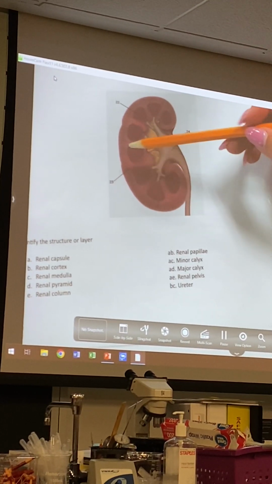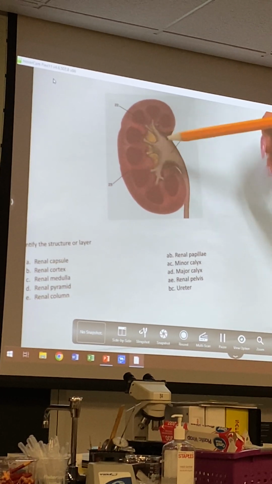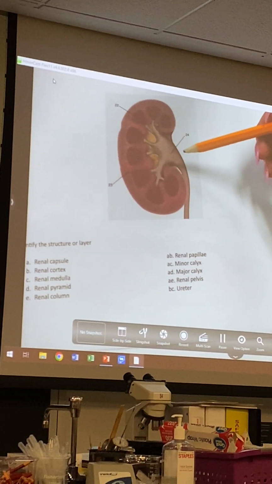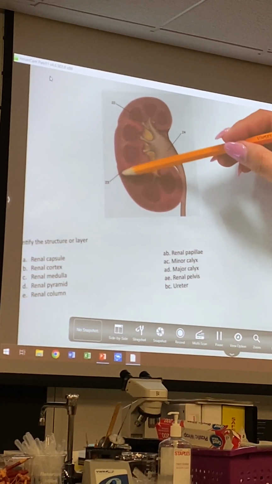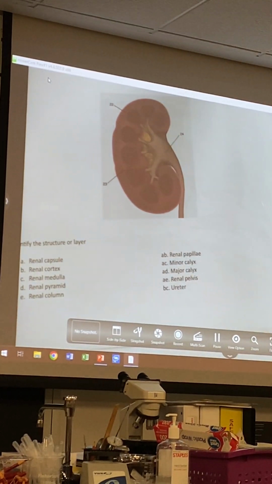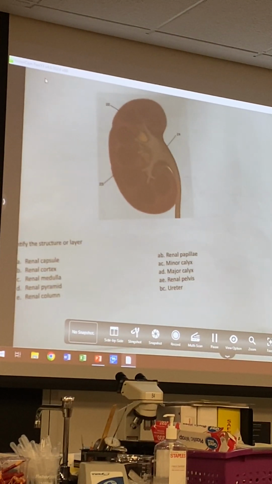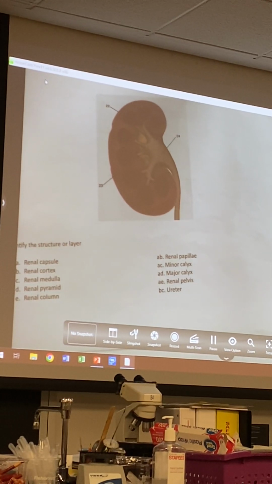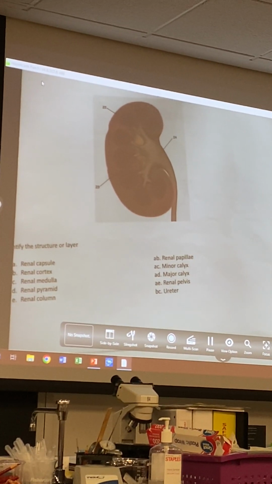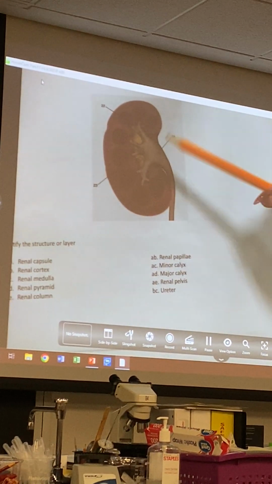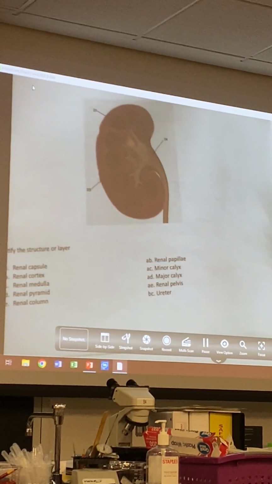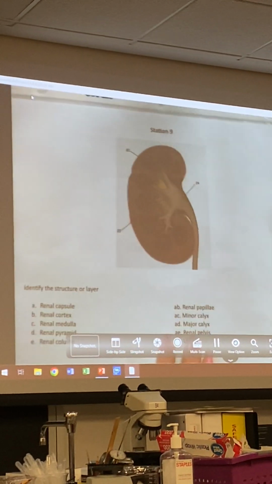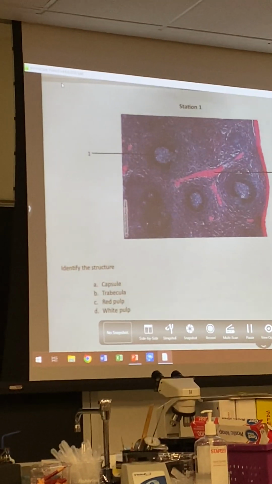What would 23 be? Cortex. Oh, and then I just kind of messed that up, right? So yeah, this would be the cortex. So 22 will also be, because if that's the cortex, then that could be the medulla as well. It's 22. Okay. What is 24? The pelvis. Okay. All right, so we'll go over